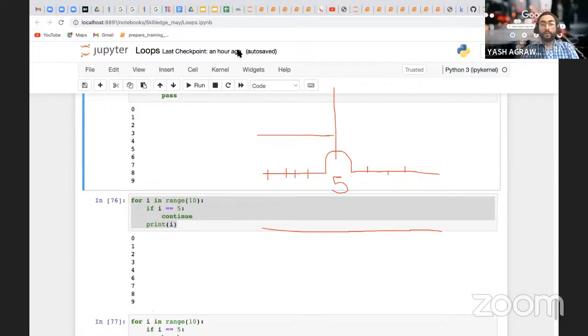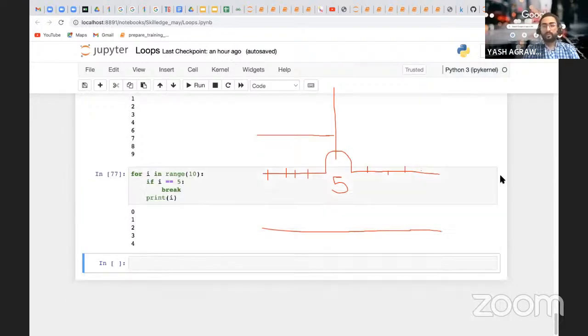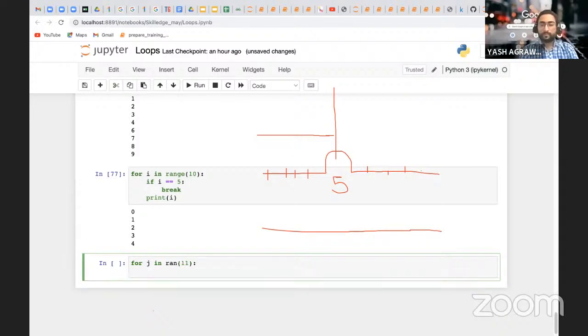Tell me, is this the right syntax or not? Is there any problem in this statement?